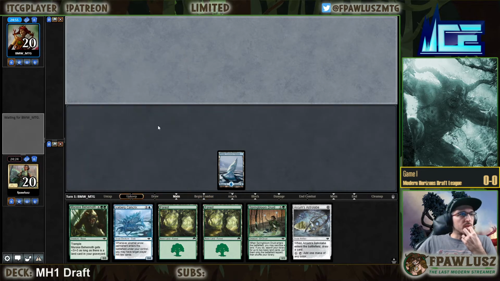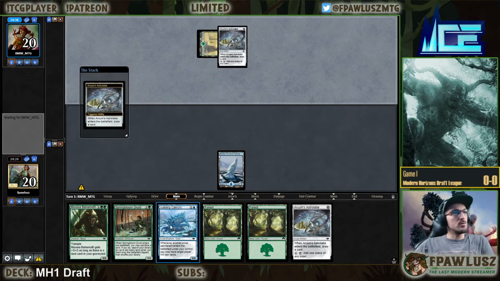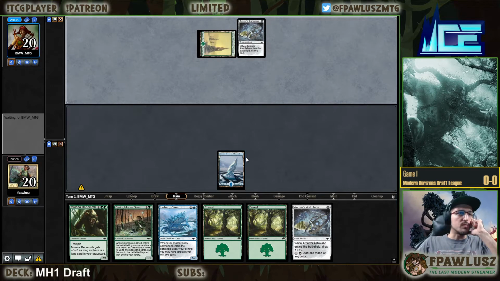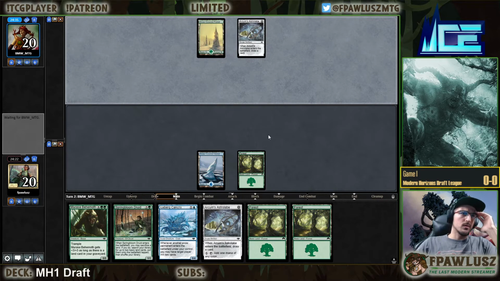I think I'm gonna just play this and say go, so that we can play Cankrix on 2. We can go Cankrix on 2, then Springbloom on 3, get a couple of lands, trigger Cankrix a couple of times. It's pretty nice. Cankrix is not really a win condition right now, but it can become one. And it looks like we're playing a mirror, so...